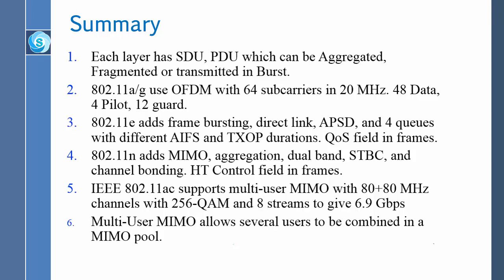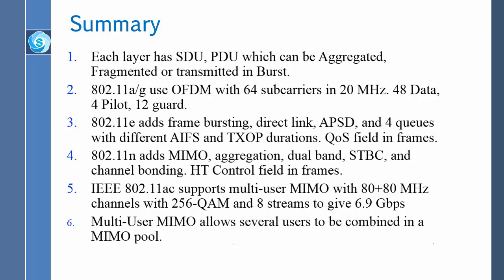11A and G introduced a new thing. Biggest new thing was OFDM. And they use 64, of which they use only 48. And then 11E added frame bursting, direct link, aggregation, and the physical layer, I suppose. And then 4 queues with different QoS. And AIFS